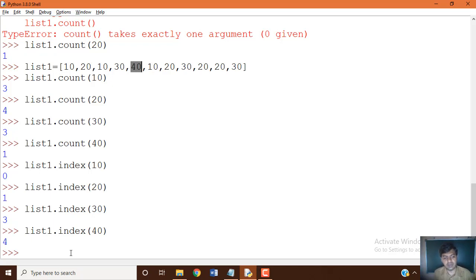So that is how we can extract the index number of a particular data item in your list variable.